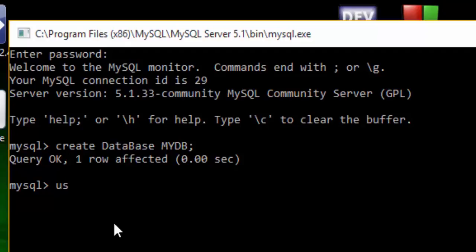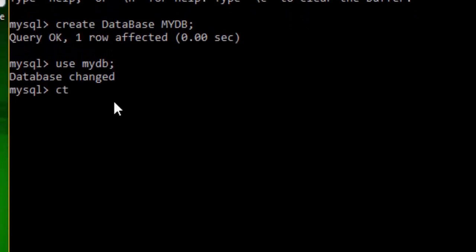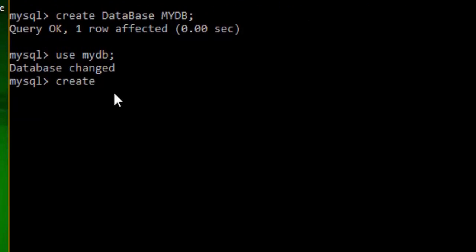Now to use our database, type use, then my database or the name of your database. We are going to create a table in the database, so type create table. Now for the name of the table, in this case I am giving the name signup for my table. Now I am pressing enter for more space to work. Now we are using